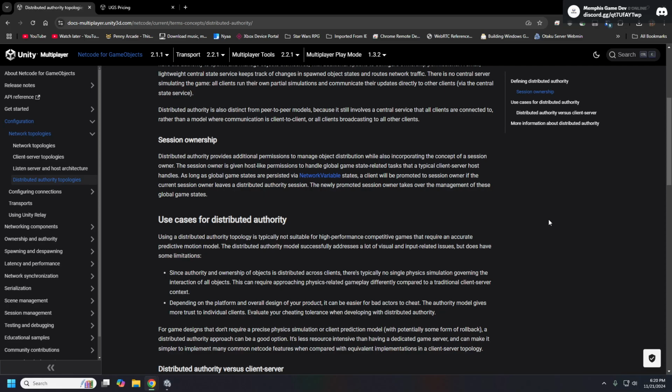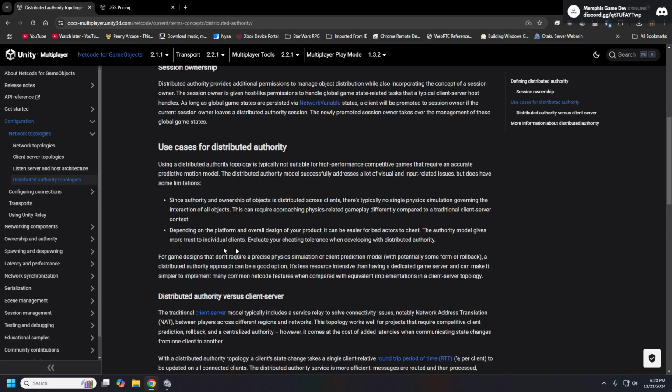In a client-host environment, whoever is the host has full control, so if your host is a bad actor, that messes up everything. But for distributed authority, you might have authority just over your character and whatever you spawn on your client. So you have to make that evaluation on your own.